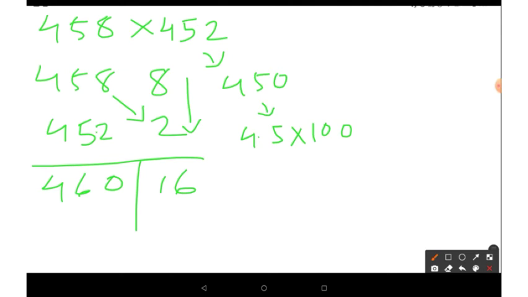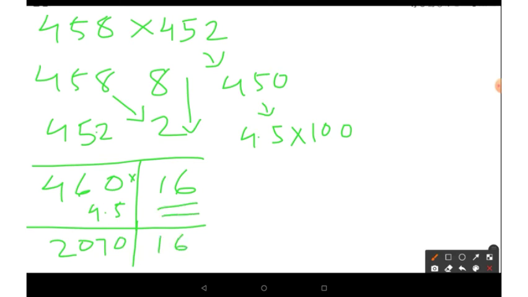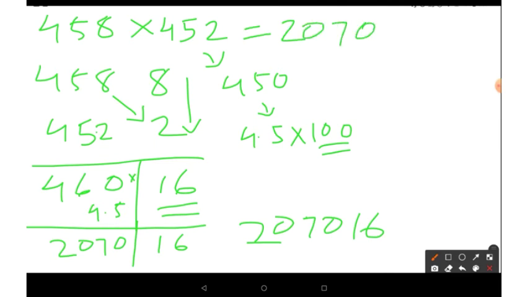Now this 460 you have to multiply with 4.5. So you will get 2070. Then 16, so 207016. Here the number of digits is taken care of, right? 2 digits, and the 100 has 2 zeros, so that is fine. So our answer, you can write it together, is 207016. This is how you can do multiplication of large numbers easily using the Vedic method. So let's do some more examples.